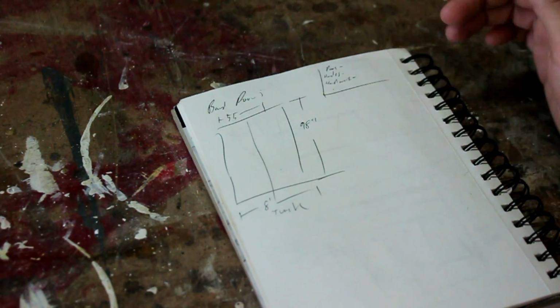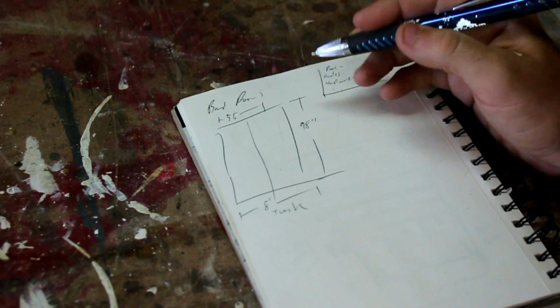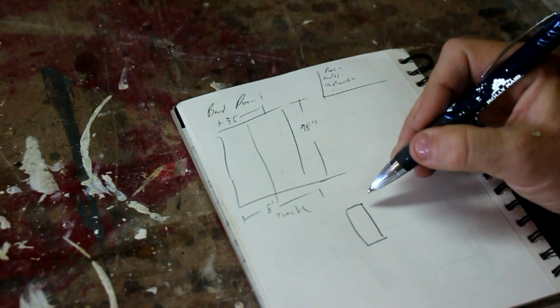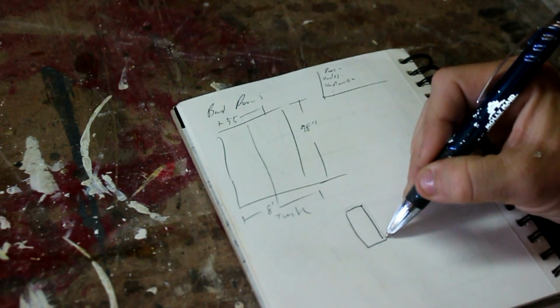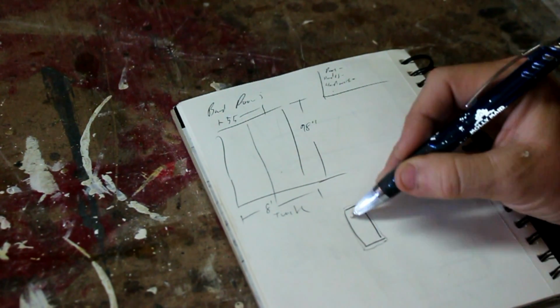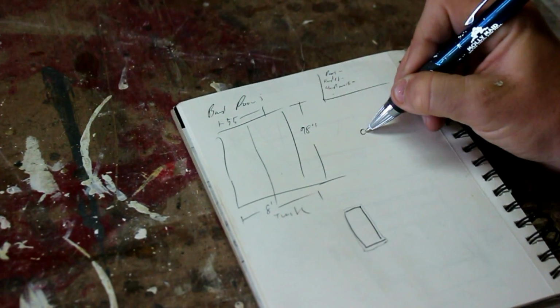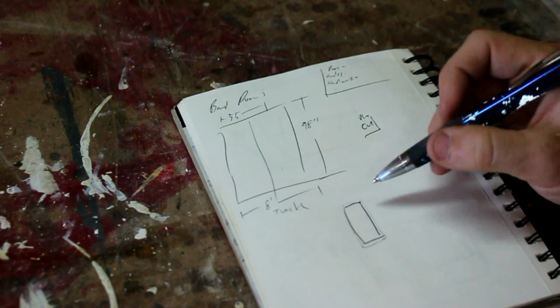So to figure out what I'm going to do is pretty simple. I'm going to have a plywood core for each door, and each of these is going to have a frame all the way around it, as well as a face frame and some decoration. So to figure out what my cuts need to be for the plywood, the first thing I need to do